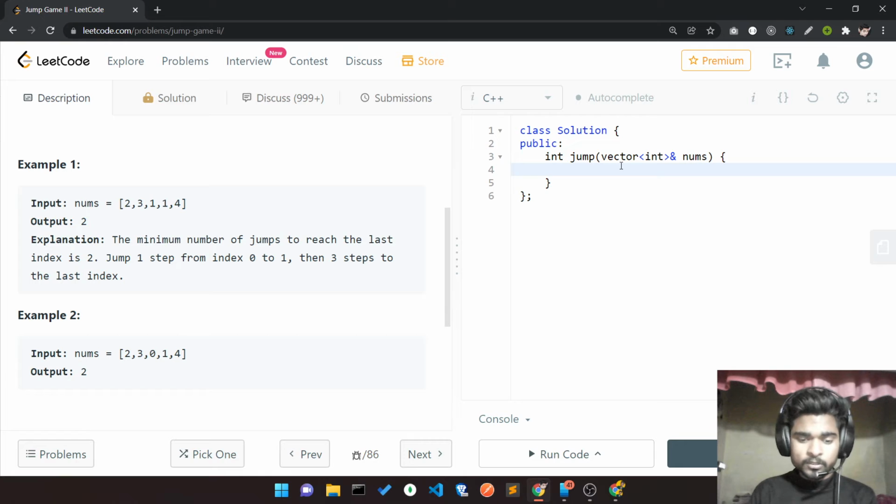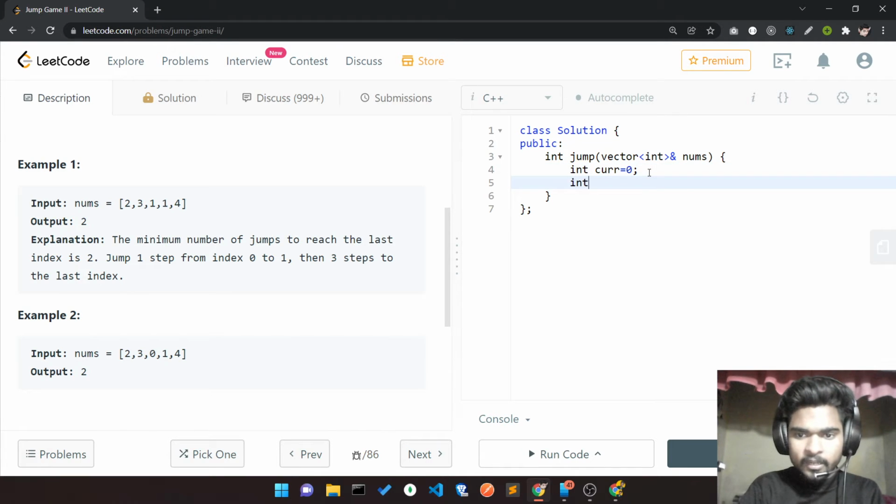Let me write some code for your understanding. I'll make a current pointer which represents my current location, the index where I stand. I'll make a count variable in which I store how many jumps are needed to reach the end.